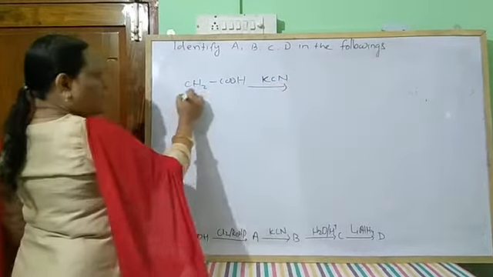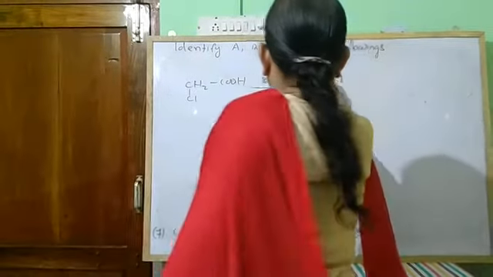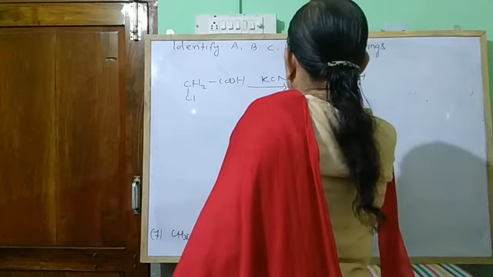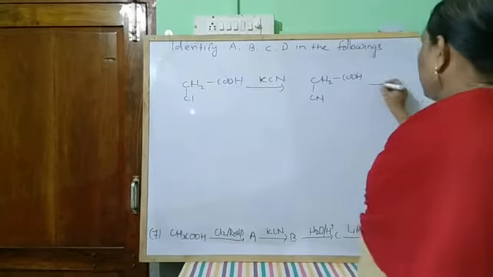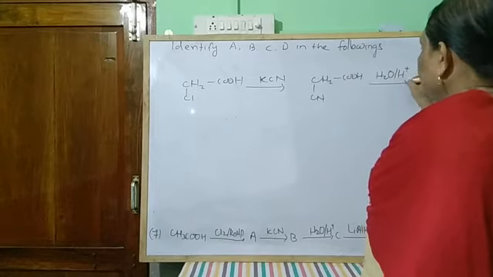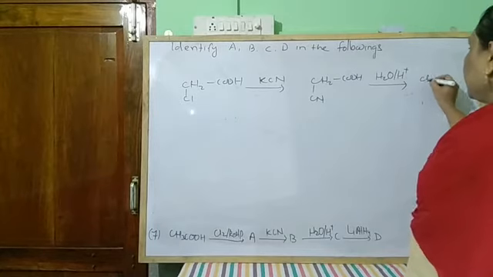So if this chlorine is replaced by this CN, it gives CN CH2 COOH, and this undergoes hydrolysis, H2O, H plus or direct H3O plus. It gives